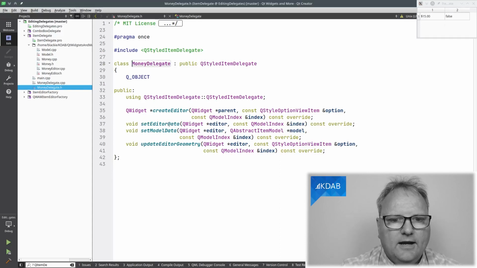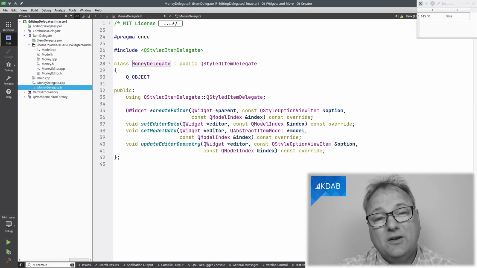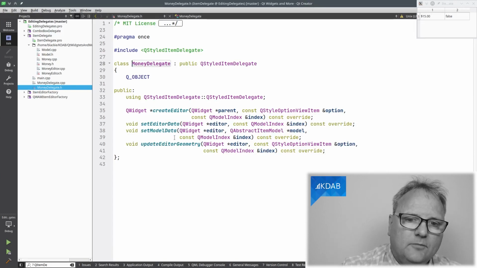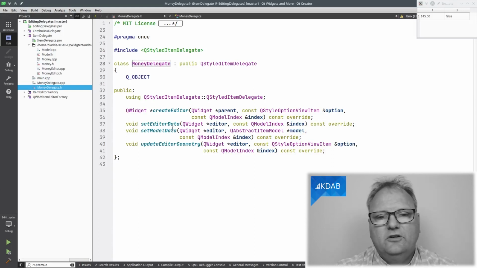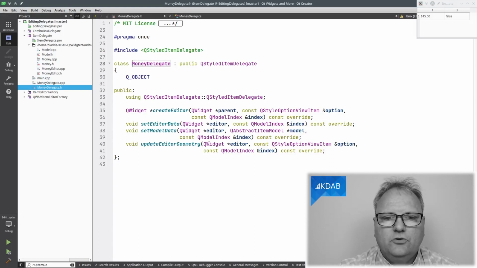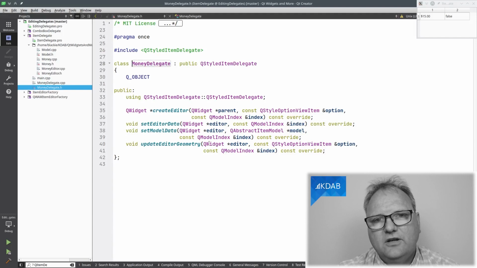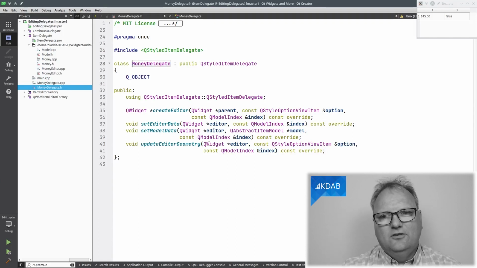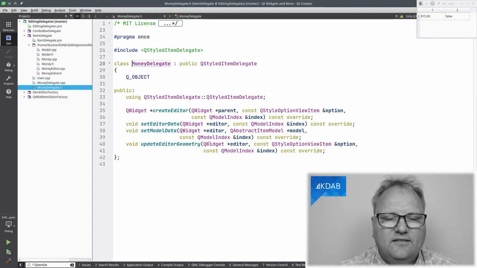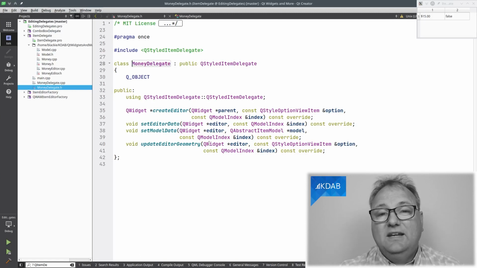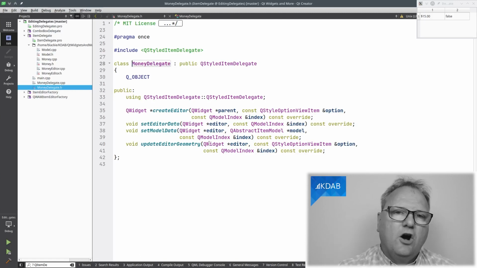The setEditorData is what goes from the model index into the editor, and setModelData is going the other way when you're done editing. And then there's this optional updateEditorGeometry, which ensures that the editor will get enough space to display itself, possibly even outside the boundary of the cell.